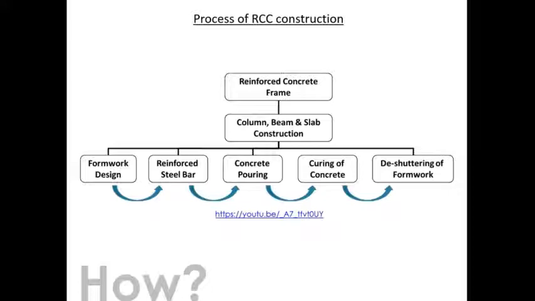Okay, and then you allow that poured concrete to set and to cure for the desired period of time, as I said, approximately 28 to 30 days. And then once this concrete is set in place and it is well cured or well taken care of, then you remove the shuttering, and that is the entire process shown in the flow chart. Okay, to see this process in detail, we will check this YouTube video which is attached to the sheet.